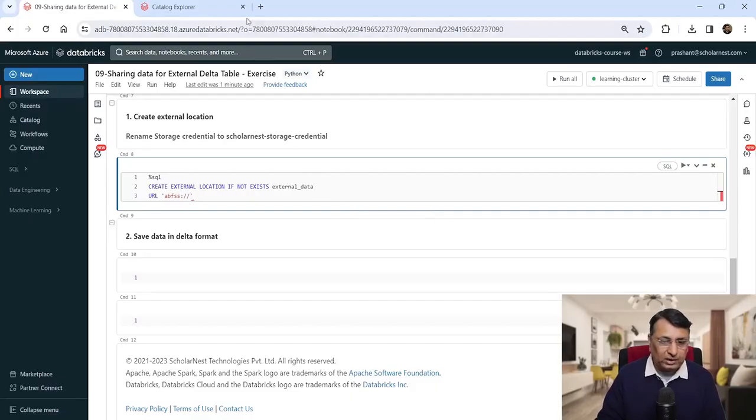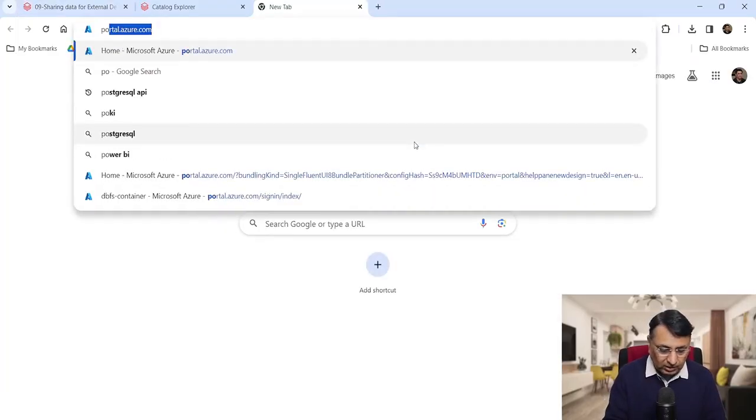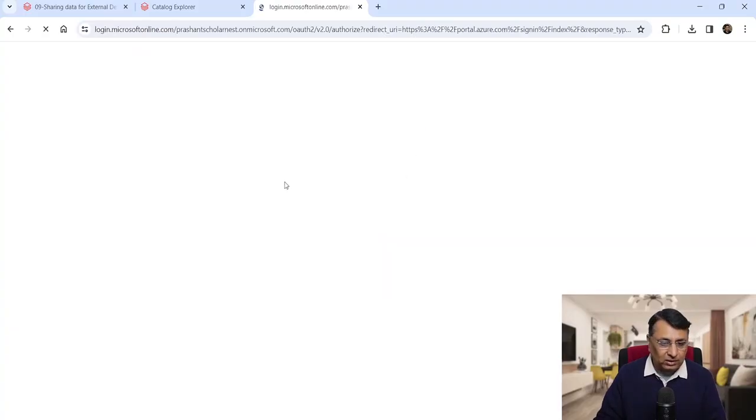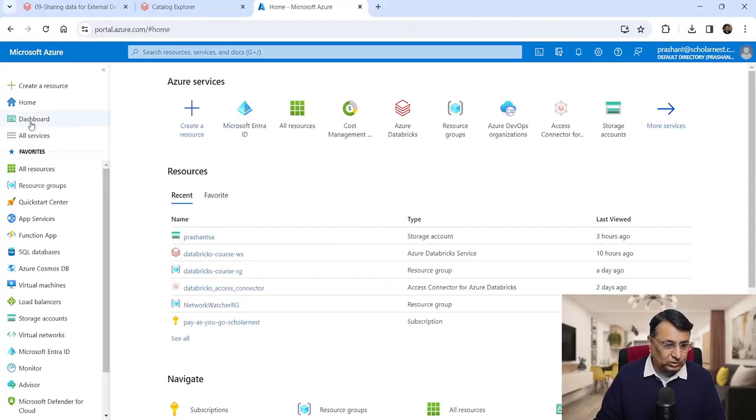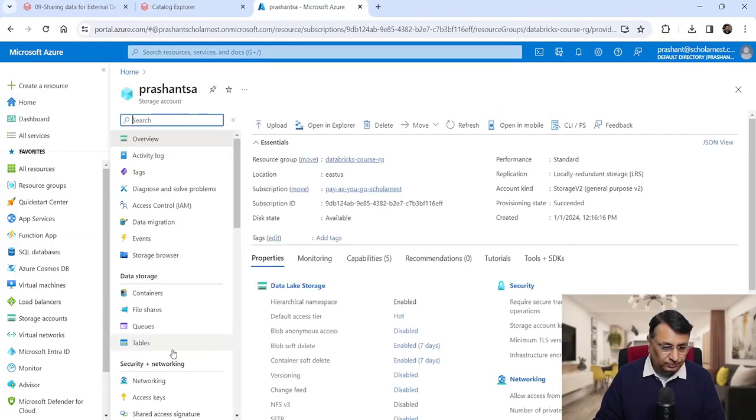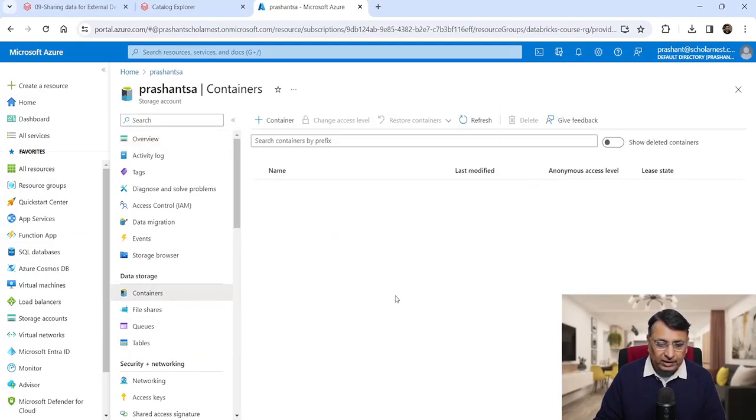So what is the container name? Let's go to my Azure portal and see what container I already have. So I'll come to my storage account and look for containers,